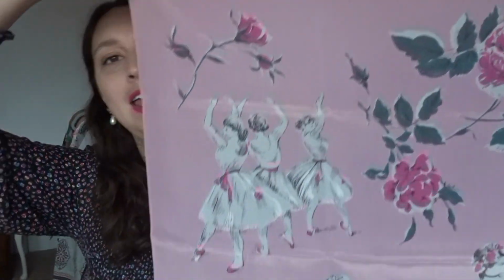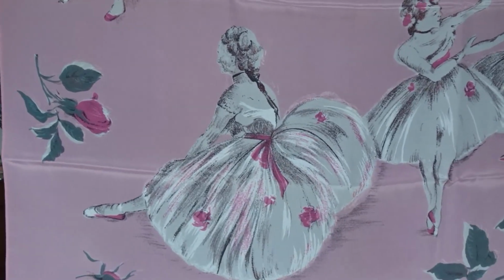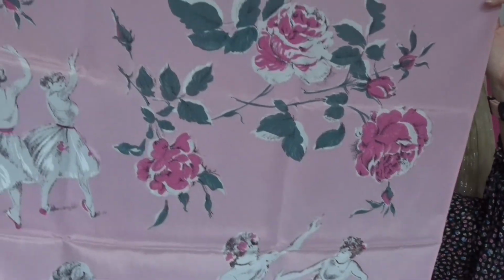Is this not just me? It is roses and ballerinas. I think it's so stunning and so beautiful, and I love it so much. And I'm thinking, it would look really nice to wear it in hair, like underneath, or to wear it on top of a ponytail. And I think, yes, that would look lovely, but it's just so pretty. I'm thinking,